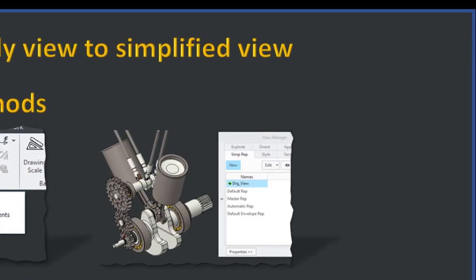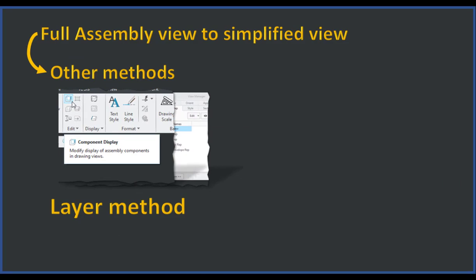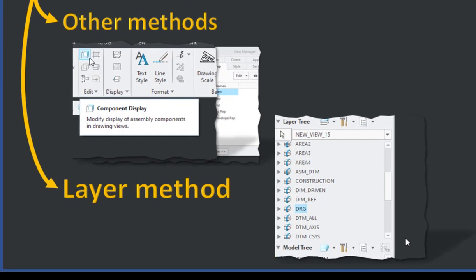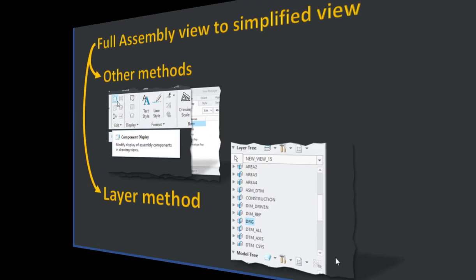The second method we can use for showing a particular component in a view is model wrap. You create the model wrap of components of your choice in the model, and later in the drawing you update the specific view by invoking the created wrap in the view state of the view definition. Next option is layer, in which you create the layer of different objects depending on the use. You can access the layer tree in the model as well as in the drawing as shown.